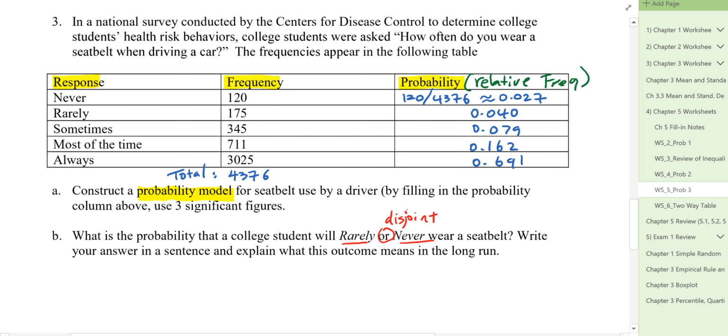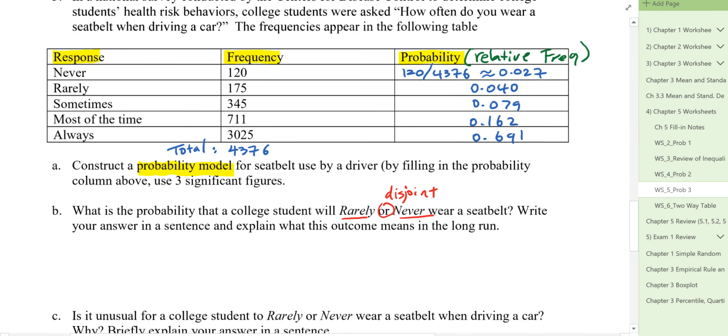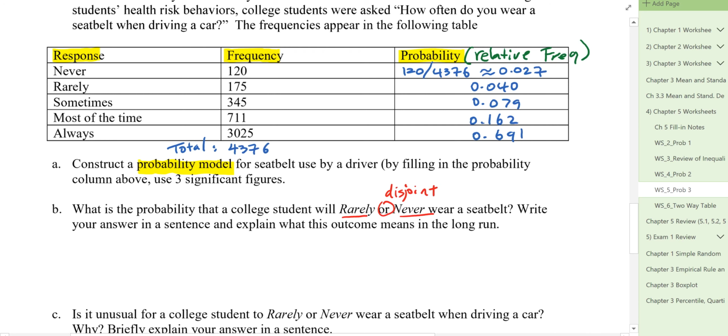A randomly selected person could be rarely or could be never wearing a seatbelt, but not both. So they're disjoint, and to find the probability we just add them. So the probability of rarely or never is 0.027 plus 0.040, and that gives me